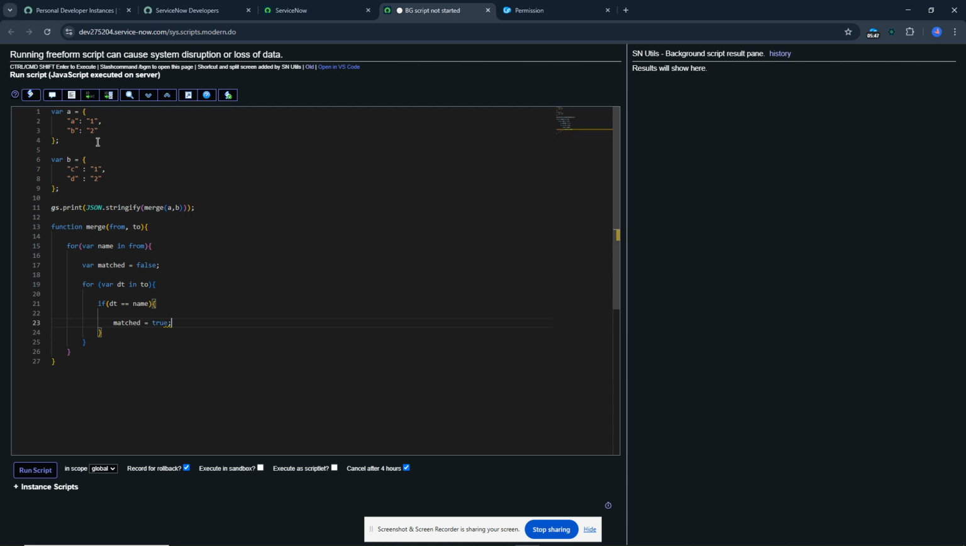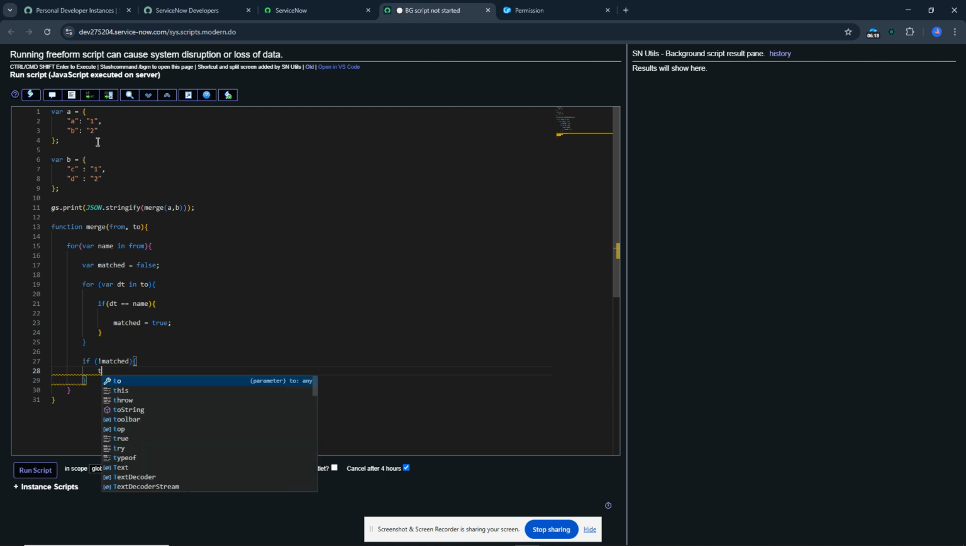Okay. If a match is found, set the flag to true, and I'll just come out of this for loop. Now I'll check if no match was found, I'll try to add the property from to 2. For that I'll just redeclare an if: not equal to matched. If it is not found, it is going to go into this if block, and I'll just say